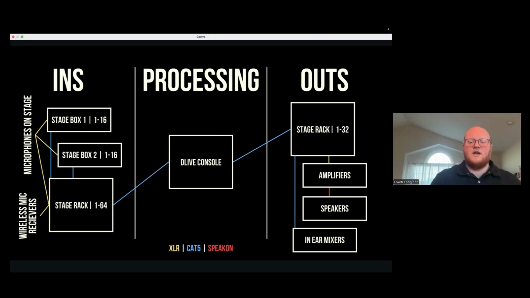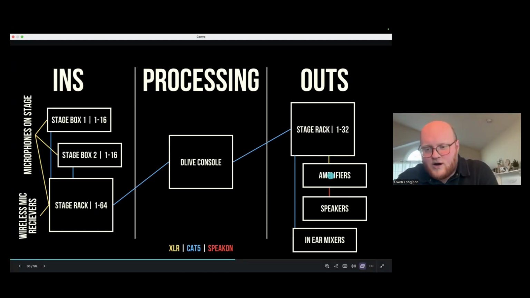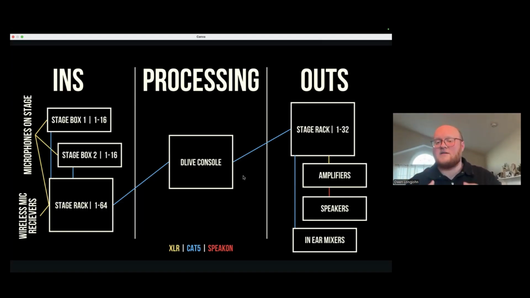I've seen people do it where they just draw the stage rack once and then they just have this blue arrow and it's kind of going in both directions, where you've got inputs coming in, outputs going out, however you want to represent it. But that stage rack then connects via XLR to our amplifiers. The amplifiers connect via speak-on to our speakers. We also have Cat5 cables coming from our stage rack to our in-ear mixers on stage so that our musicians can mix their own ears and plug in headphones and hear click and stuff like that. Again, simple representation, but hopefully that gives you an idea of the exercise.